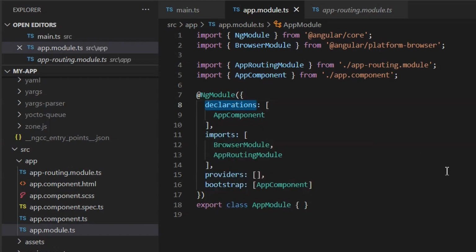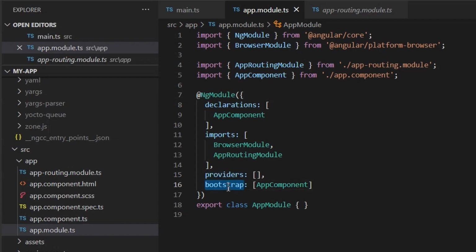Our app module, which is the root module of our application, holds a declaration of AppComponent. This means AppComponent is a part of the app module, or in other words, AppComponent is defined here. Imports holds the dependencies of this module. That means the app module requires a feature from the BrowserModule and also the AppRoutingModule. In the providers, we don't have anything yet because Angular does not by default create any services for us. This is for our use and to write business logic in. We will create providers in later videos.